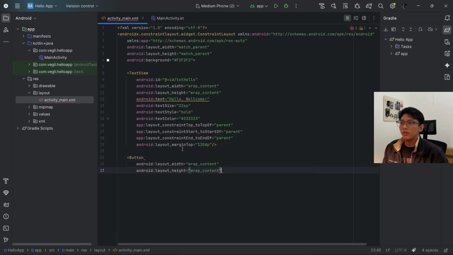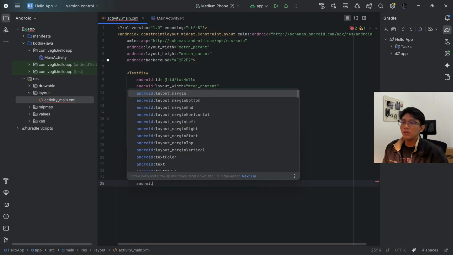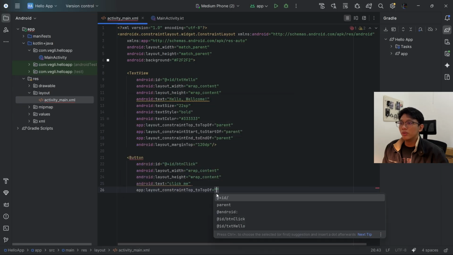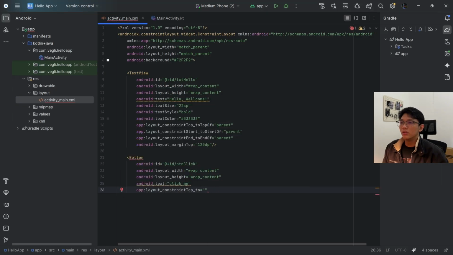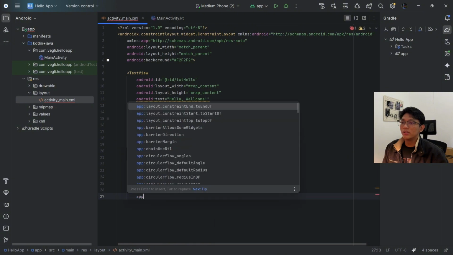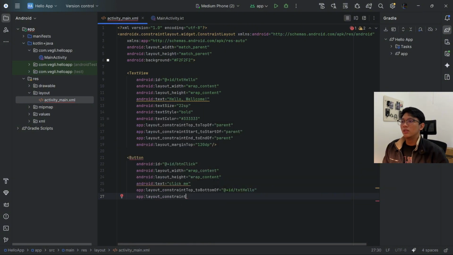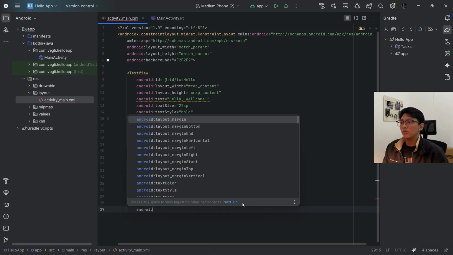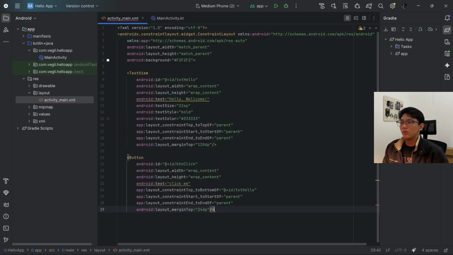Then we add a Button. Button is a UI component in Android used as an action button to receive user input. Button functions to execute certain commands when pressed, such as sending data, changing page, or triggering a process in the application. Okay, here we close it with ConstraintLayout. This is how the application looks in design mode with a welcome text and clickable button.